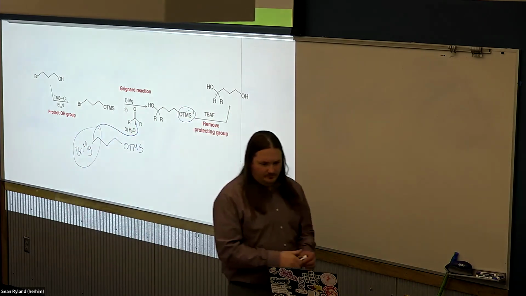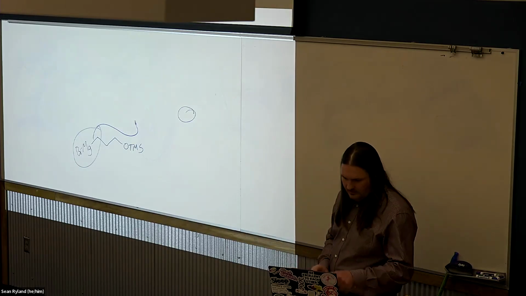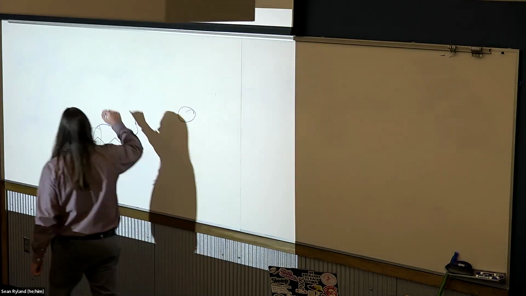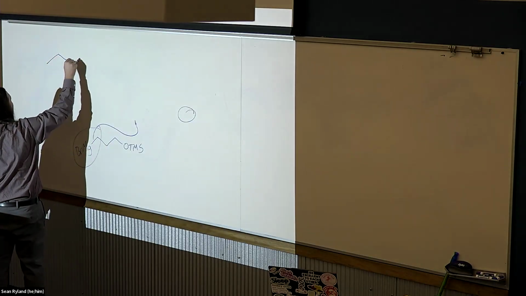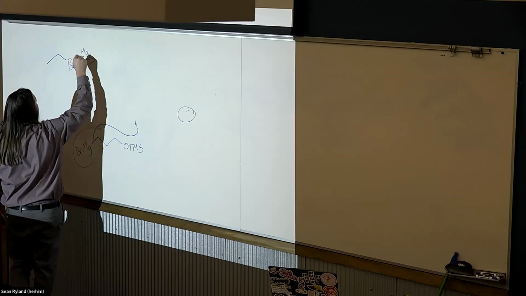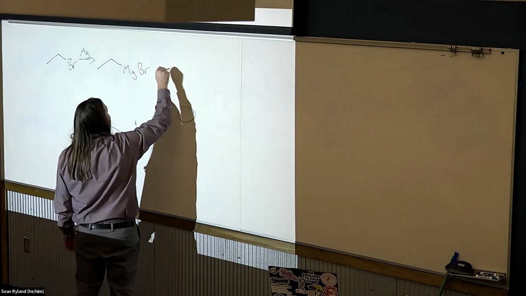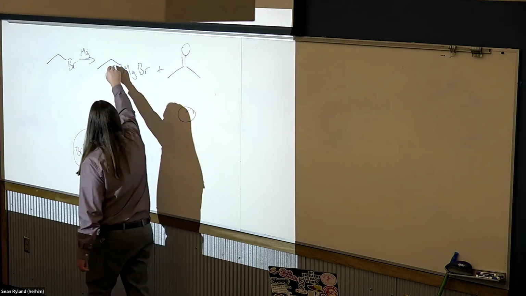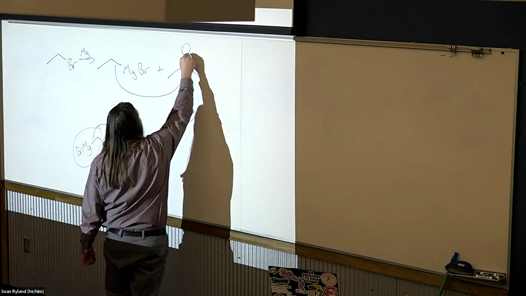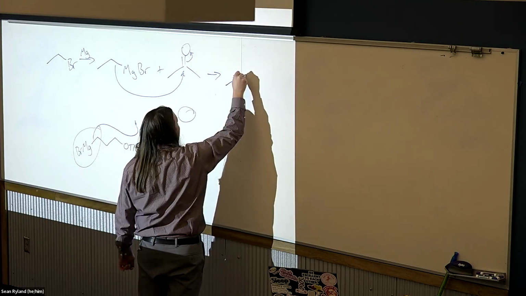Okay, so in our regular Grignard reaction, we had something like ethyl bromide plus magnesium, we get ethyl magnesium bromide, which then, if we said that reacted with, say, acetone, these electrons come over here, break that, we wind up adding an ethyl group to that middle carbon, so then we have